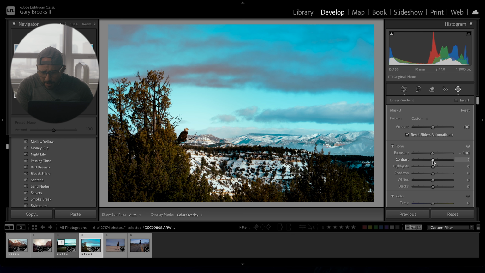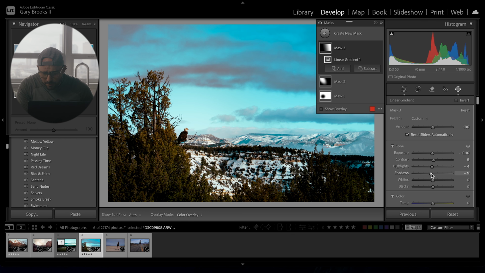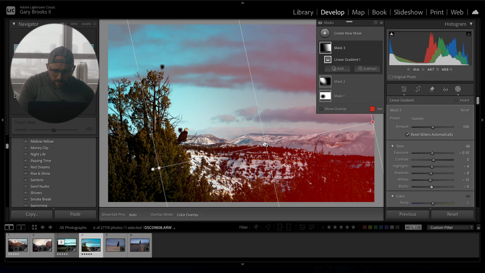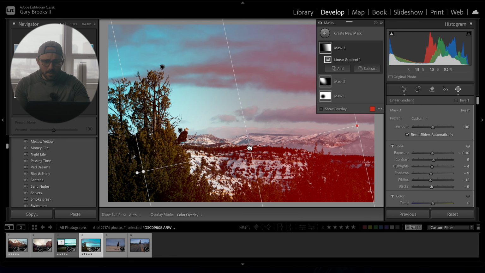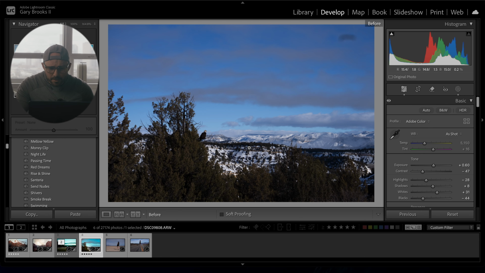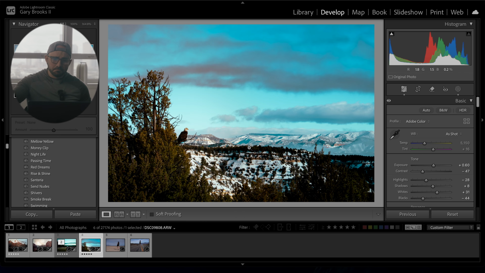So just like that, up the contrast, down the highlights, down the shadows, down the whites, down the blacks, just like that. Even bring that in like that. All right, before, after, just pure epicness. Now I do think that top is just a little blue, so we'll come down here to the color